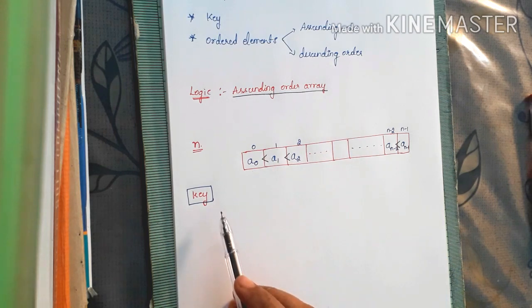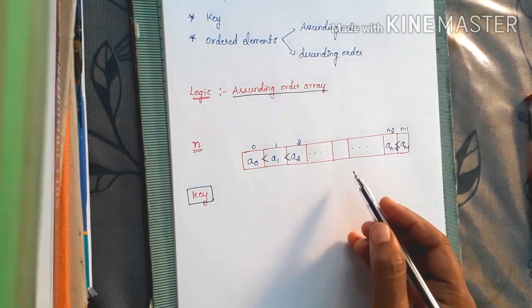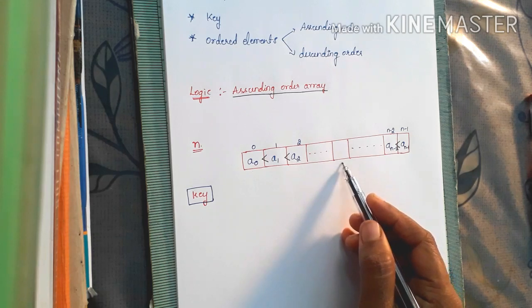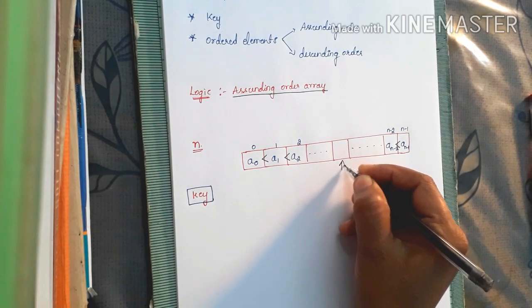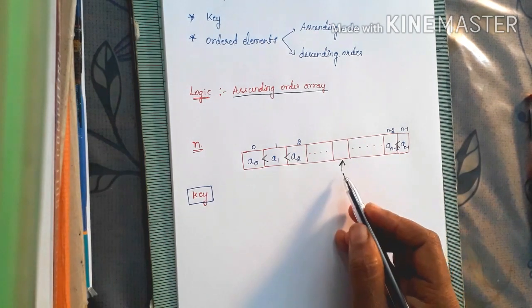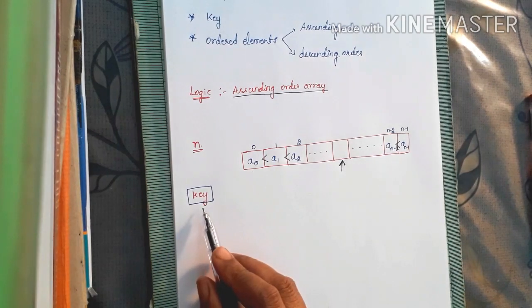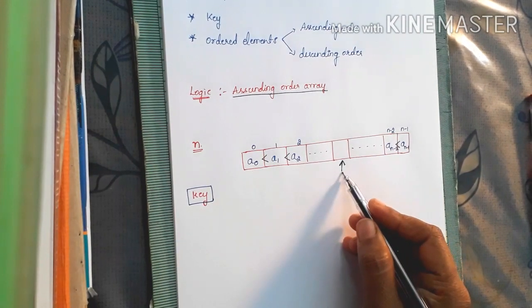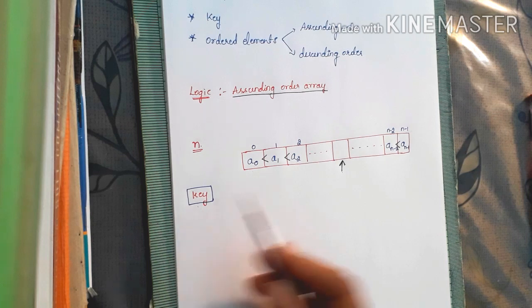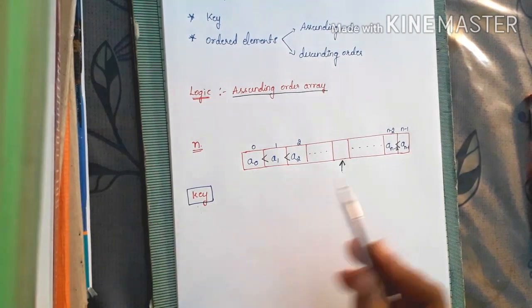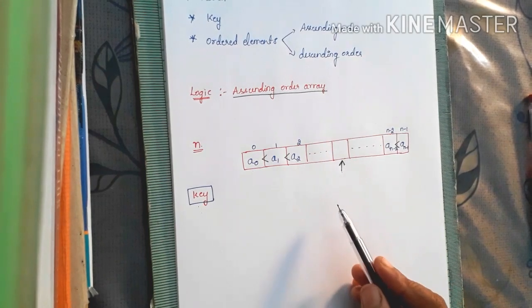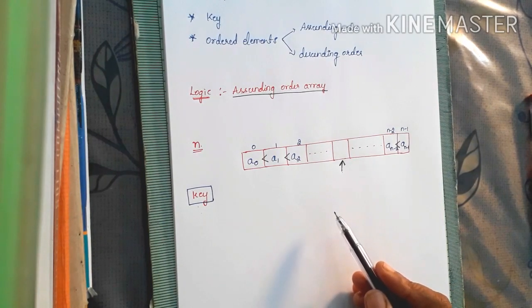According to this binary search technique, first we need to find the middle element of the array. For example, I'll take this as the middle element of the array. Next, I'll compare key with this middle element. In case key is equal to this middle element, the key element is found in the array. So, we print the output message successful search.